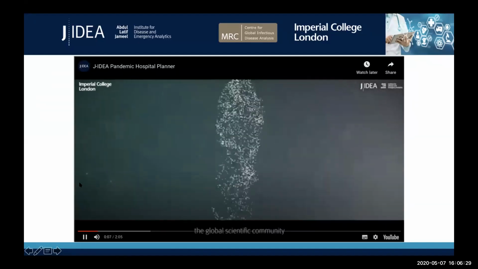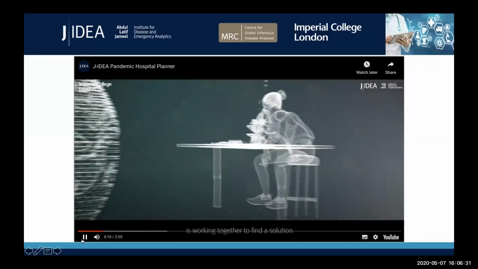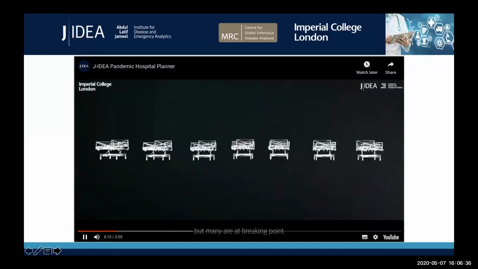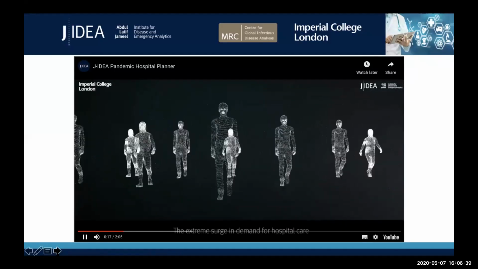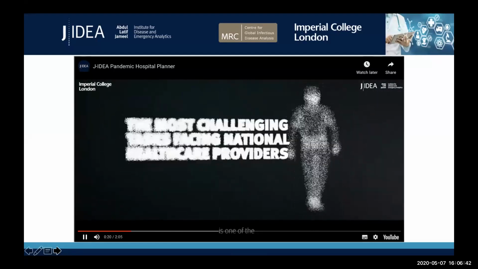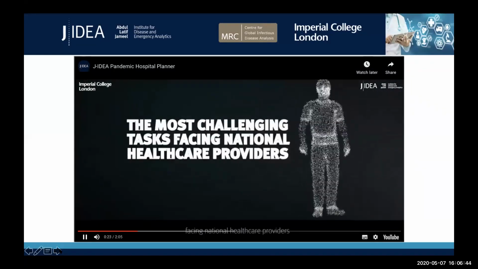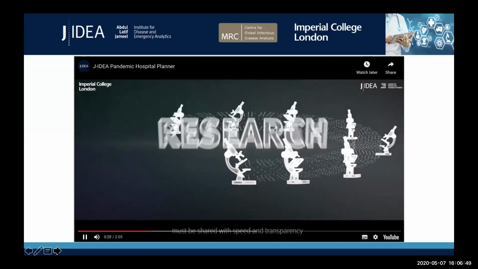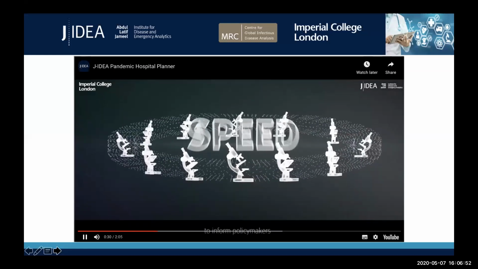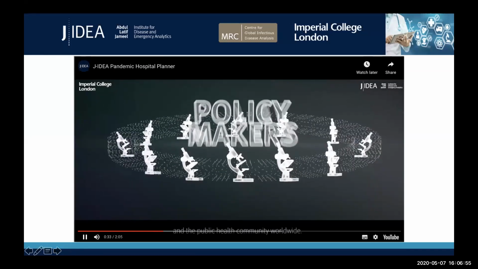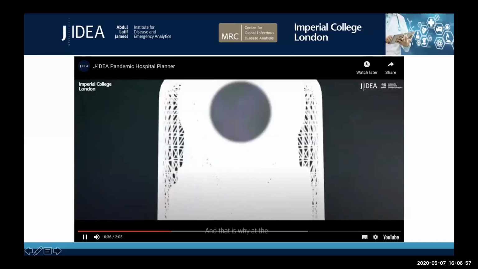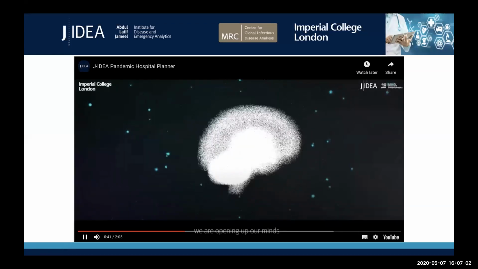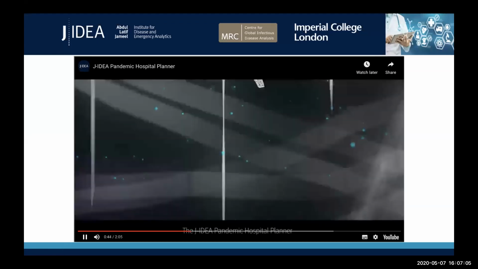The global scientific community is working together to find a solution. Around the world, our hospitals are on the front line of the fight, but many are at breaking point. The extreme surge in demand for hospital care is one of the most challenging tasks facing national healthcare providers. Scientific research to address this must be shared with speed and transparency to inform policymakers and the public health community worldwide. And that is why at the Jameel Institute at Imperial College London, we are opening up our minds. The GIDA Pandemic Hospital Planner